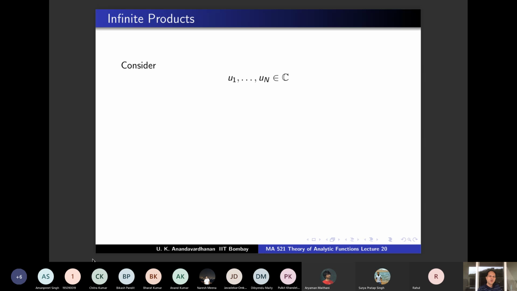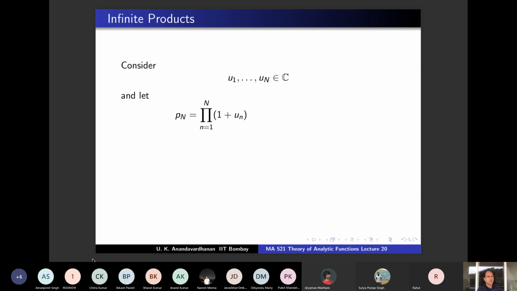Anyway, let's do it. So you have n complex numbers and you want to talk of infinite products. You have done infinite series so much. So this is the multiplicative analog of all that. So an infinite product is, so infinite series, what did you do? You had partial sums and you take the limit. If the limit exists, that's what you call the value of the series. So similarly here you will take partial products and you will take the limit. If the limit exists,